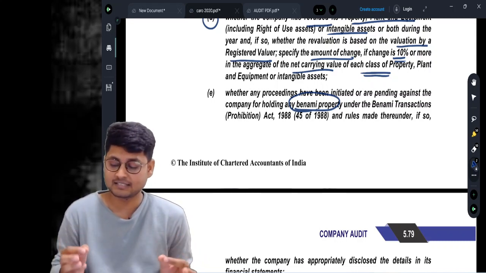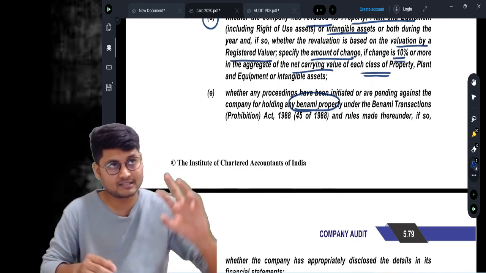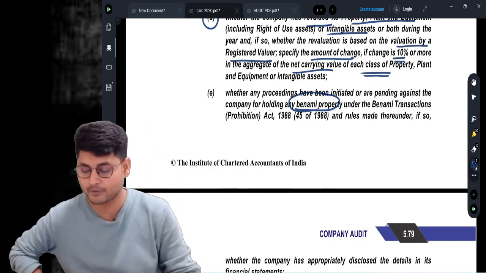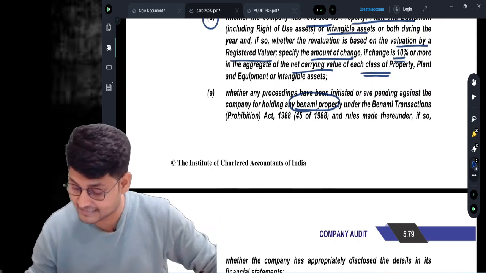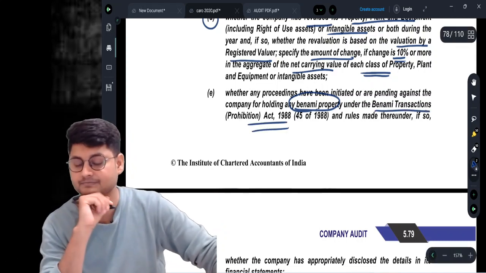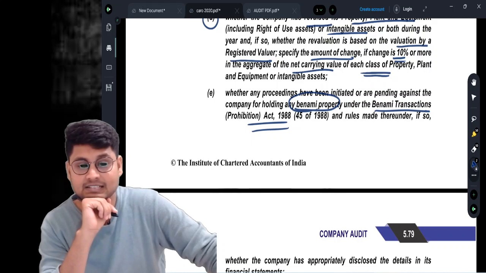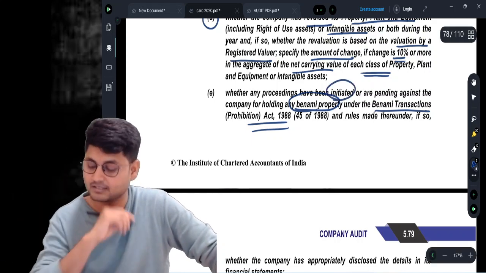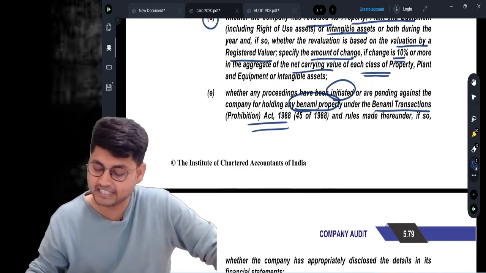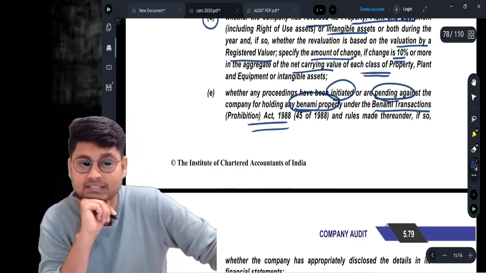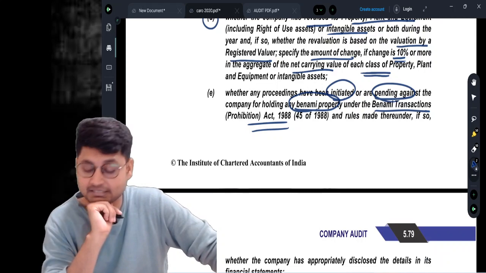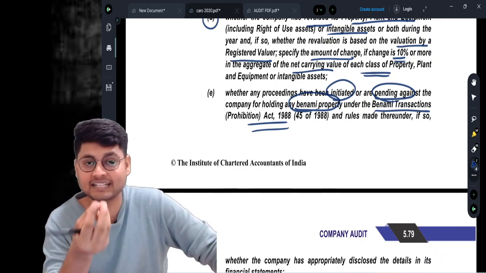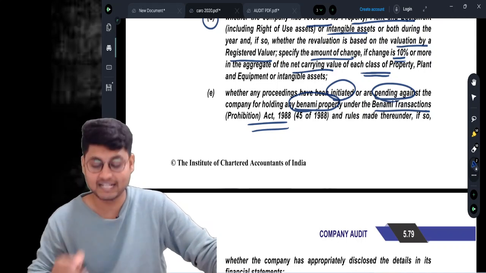If it is held by the company in its name, and it is covered under the Benami Transactions Prohibition Act 1988, or rules made thereunder, and if any proceeding has been initiated or is pending against the company as per the Act,